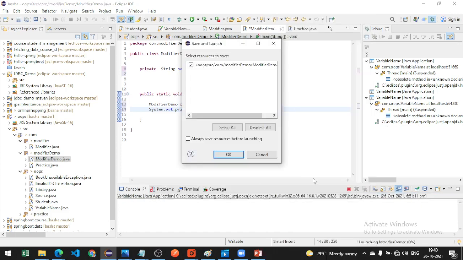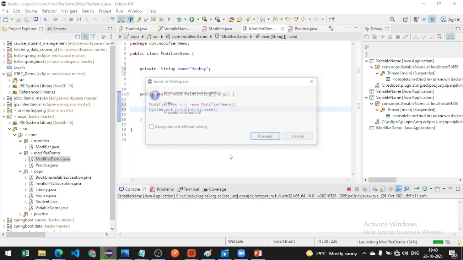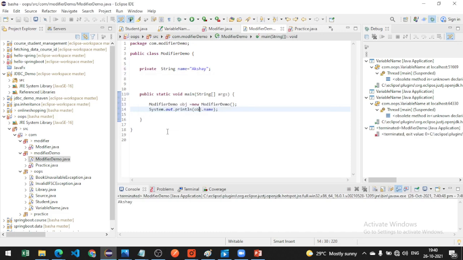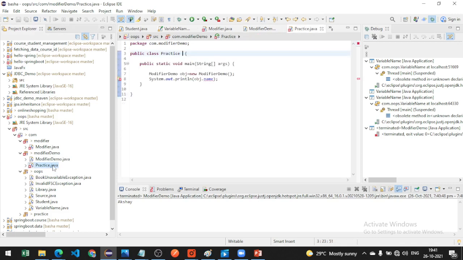If I want this output inside another class, see what the error is. I want obj.name inside my practice class. Here I also create the same object for my modifier demo, then I call the same name.